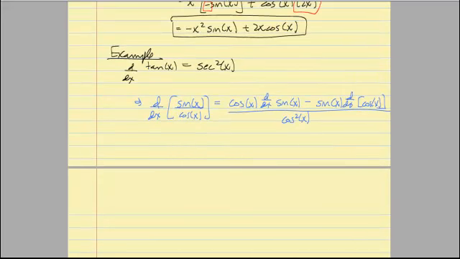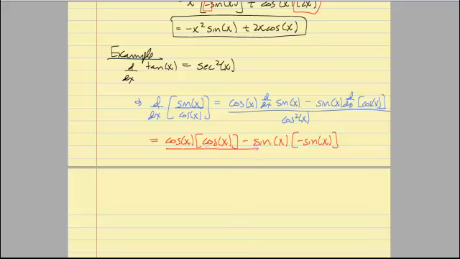We have not actually taken the derivative yet. Let's go ahead and look at the derivative here. Cosine of x we just drag along. The derivative of sine of x from up above is cosine of x. From up above, the derivative of cosine of x is negative sine of x. And remember, these are being multiplied together, so you need to make sure that you have your notation indicating that with your brackets. And of course, the denominator hasn't changed, cosine squared of x. Let's go ahead and rewrite this. I have cosine squared of x plus, negative times a negative is a positive, sine squared of x all over